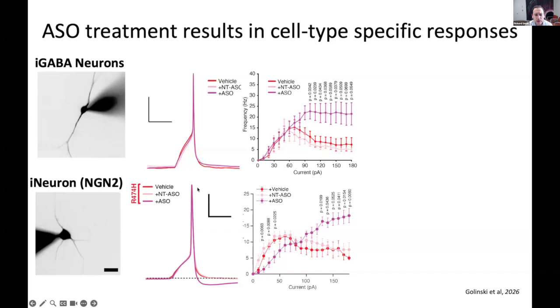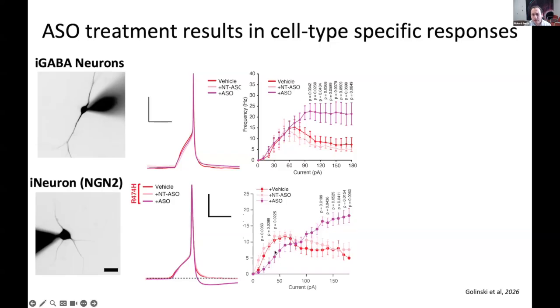One of the key features that we notice is that when you use an ASO, which is the purple traces, and you elicit an action potential in excitatory neurons, we get a marked increase in the after hyperpolarization in the excitatory neurons at the bottom. But in the inhibitory neurons up here at the top, you can see we don't see the same sort of activation kinetics. Similarly, if we drive the cells harder and make them fire more action potentials, so really push the systems, we can see that we get different effects of the ASO to recover high frequency firing in our ASO treated condition, while in the